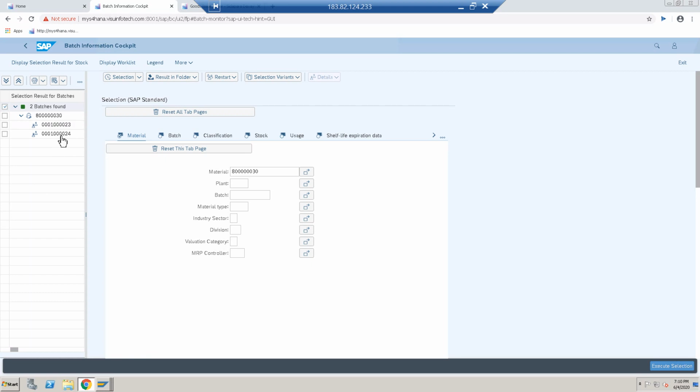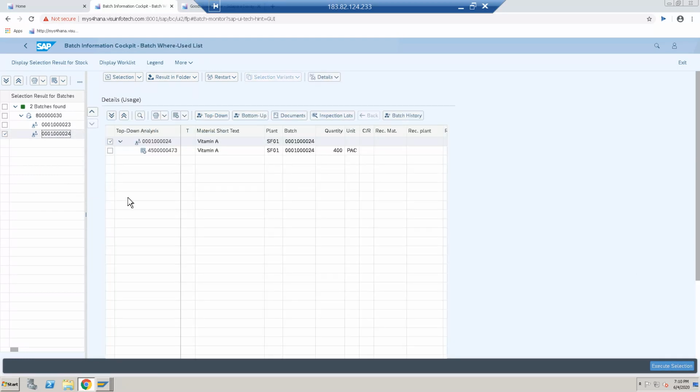Look, these two batches are there. Right click it. You can use top to bottom, or bottom to top. That is how to see top to bottom.